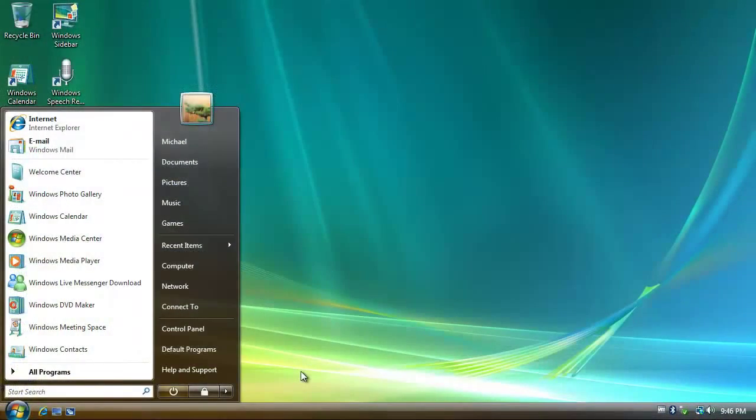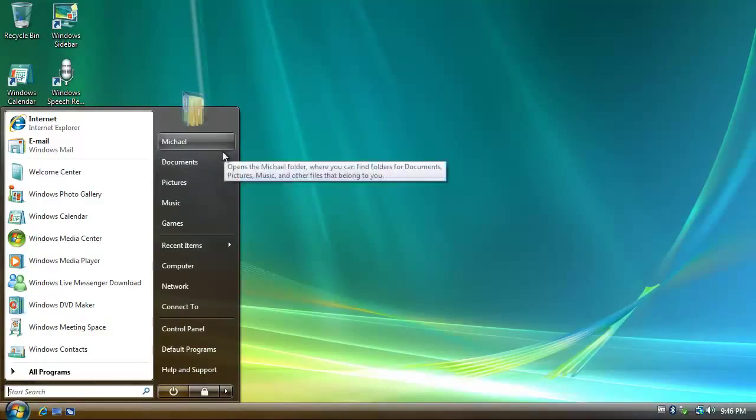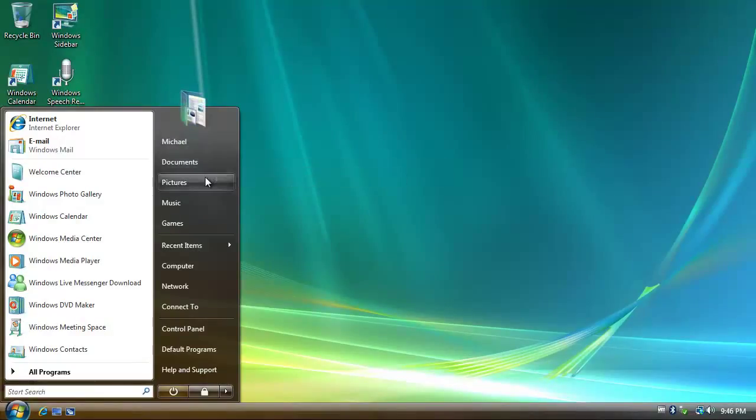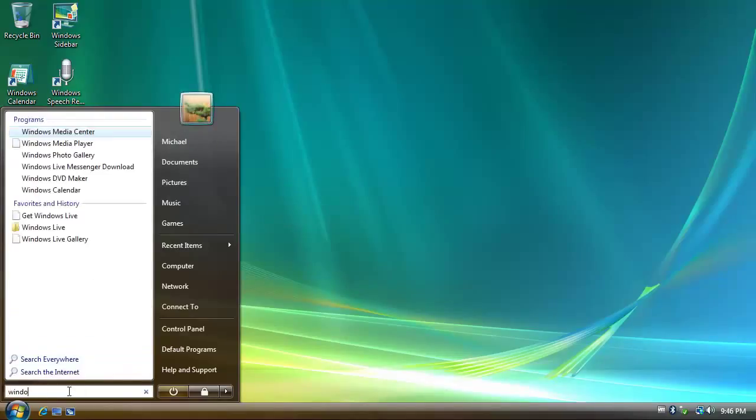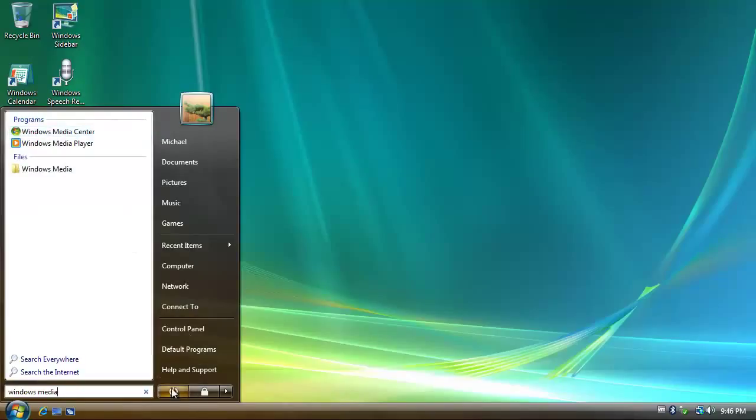It had a two-column view, allowing you to quickly access your photo library, your videos, and a list of programs on the left side, with a new search box that allowed you to search through most of your files, but it was primarily used for searching and quick access to apps. One thing to note is that the shutdown option in the start menu would default to sleep if the computer running Vista supported that. So to shut down a PC properly, you would have to select shutdown from the menu